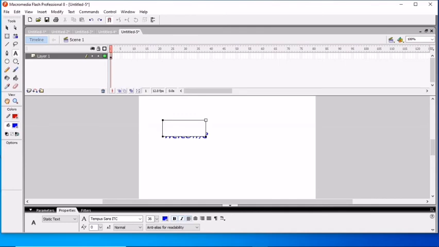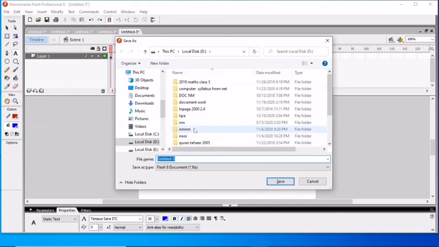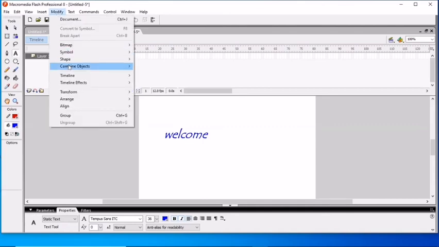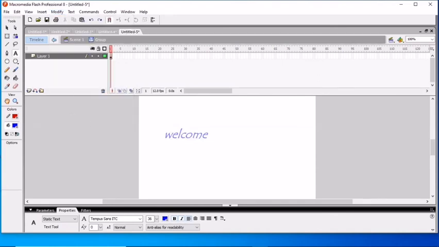Now I want to undo, Control plus Z, this becomes undo. Now this becomes a shape, and in this way you can change anything or make it a picture. If you want to select this, Modify and Break Apart, here this becomes a group, and if you want to ungroup again, it becomes dull because it is not working this time.